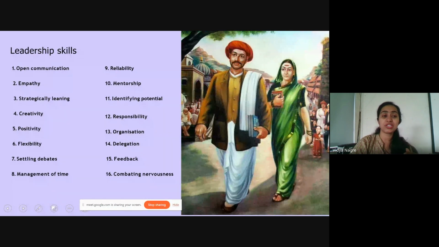So open communication is an important asset or characteristic of a leader. And this skill is highly important for us to adopt for both our personal and professional lives. So as a teacher, you are not only dealing with students, you are also dealing with your fellow mates, your colleagues, your seniors, your juniors, right? And you have to, in order to have a smooth functioning of the task,